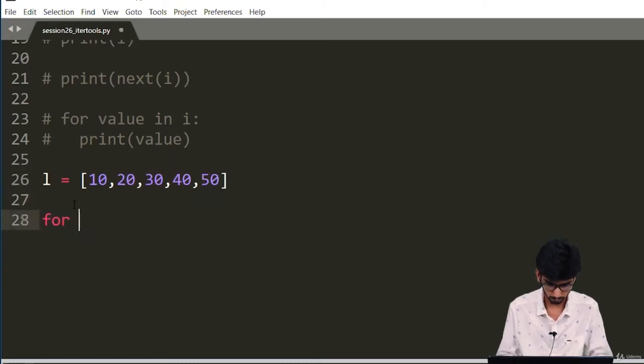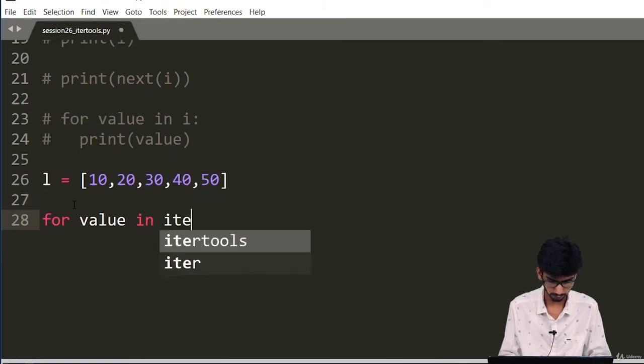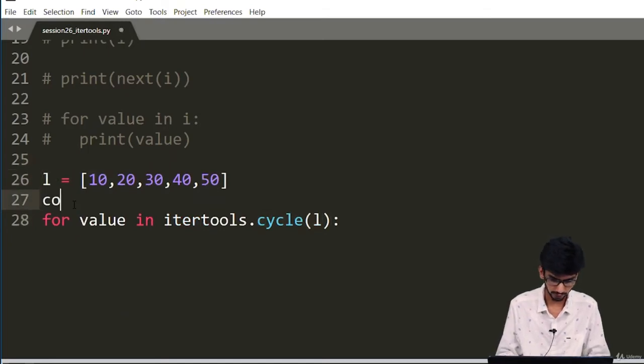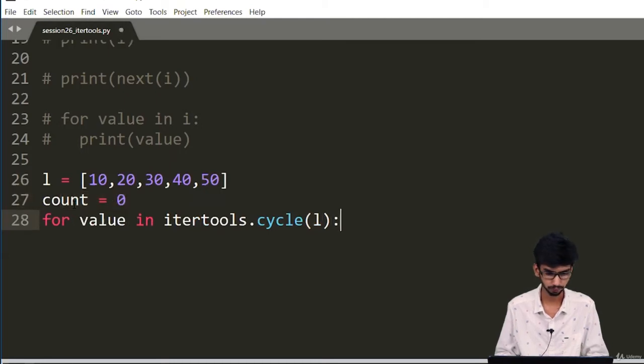So I'm writing for value in itertools.cycle of this L. The cycle method creates an infinite iterator over this list L.